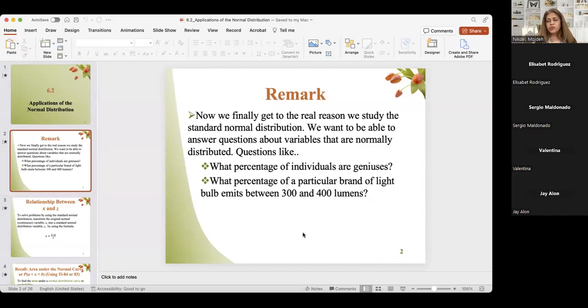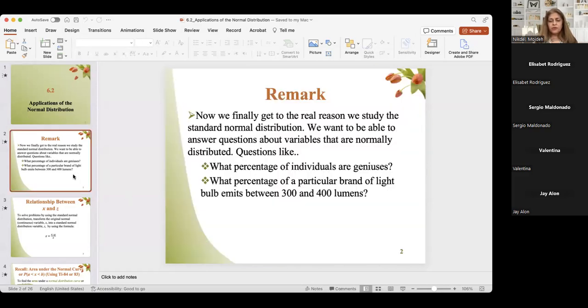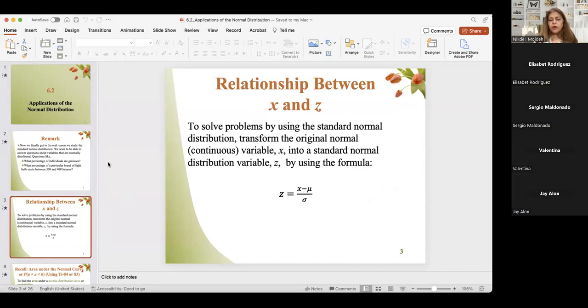Okay, now you see 6.2, application of the normal distribution. If you have a continuous variable and you want to find probability related to this continuous variable, you have to find the area under the curve. So we start with variable x. Then you figure out you want to find the probability of x less than something or greater than something